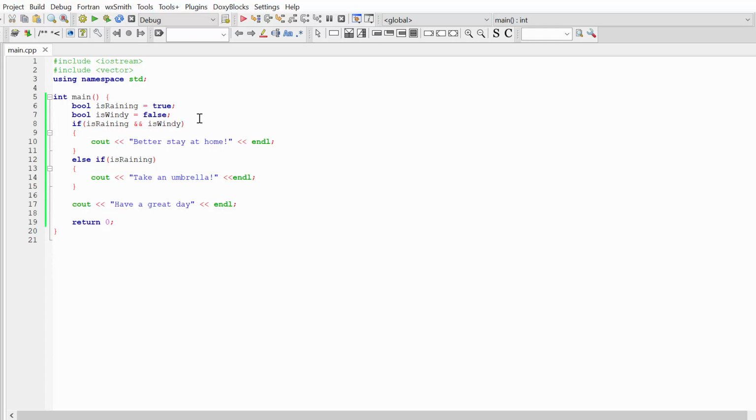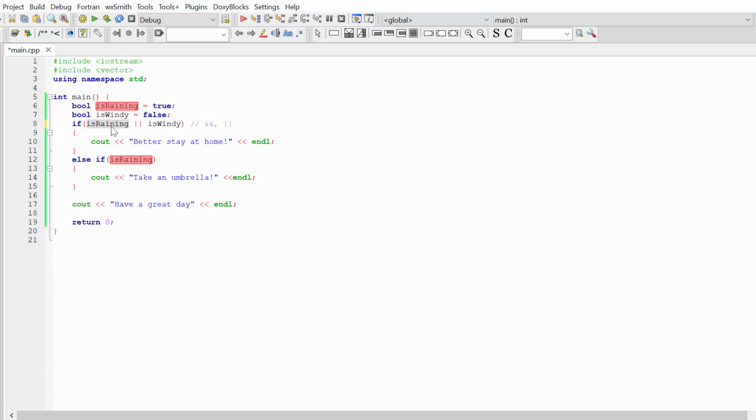What other logical operators can we use? We just discussed the operator and. Another logical operator is OR, which is written like two vertical lines. So the operator OR creates a condition that is true if one of the conditions is true.